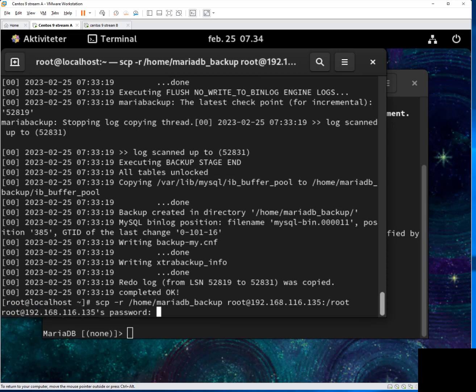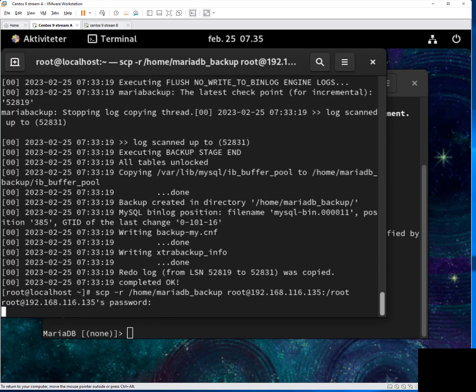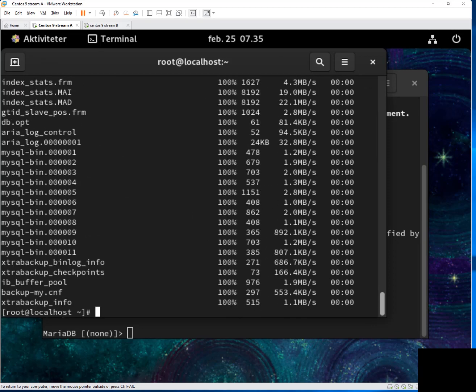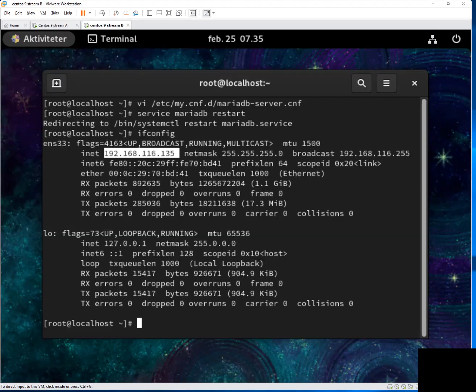A password is needed, like that. Now we are copying the backup to the slave server, the starting point backup. Here we are. Now back to the slave server. Here we will fetch the starting backup